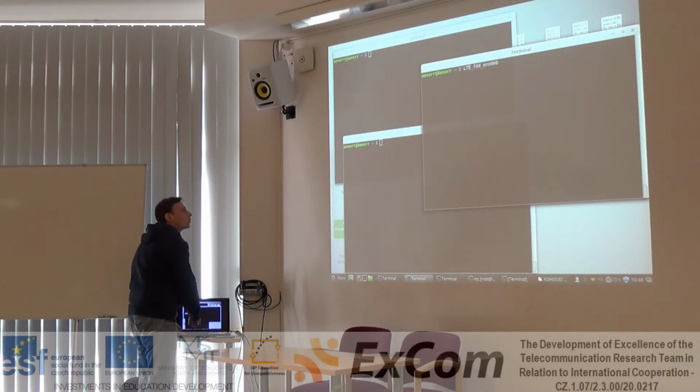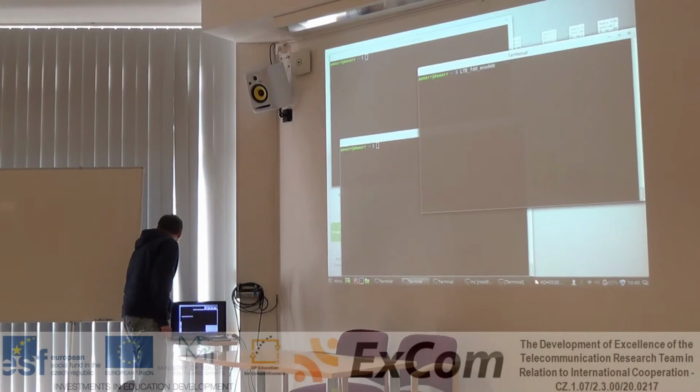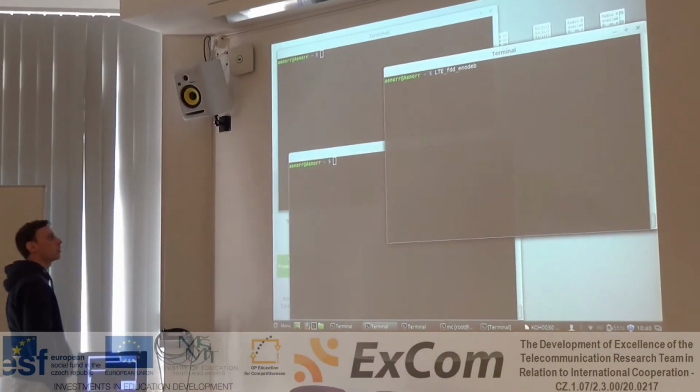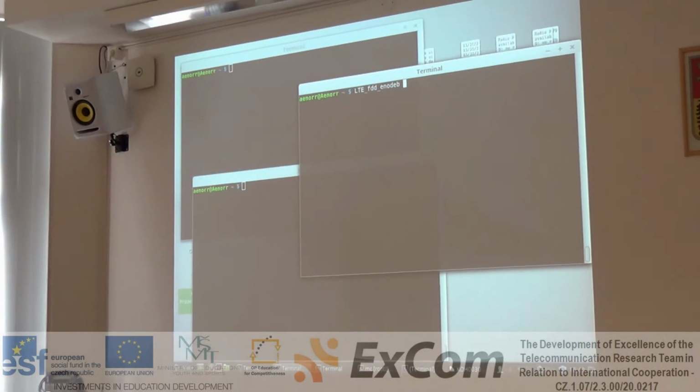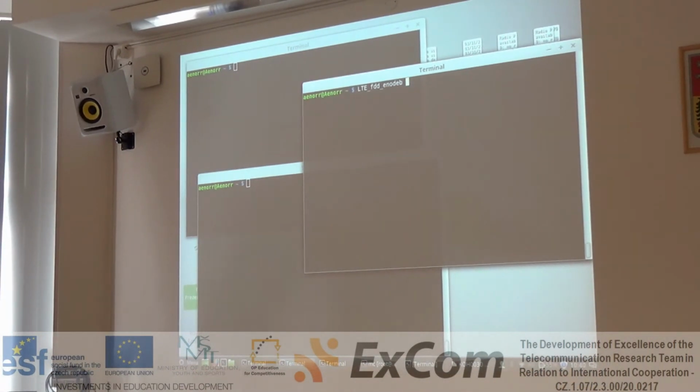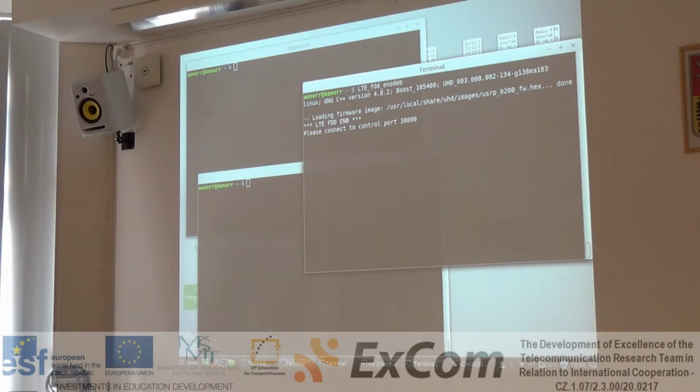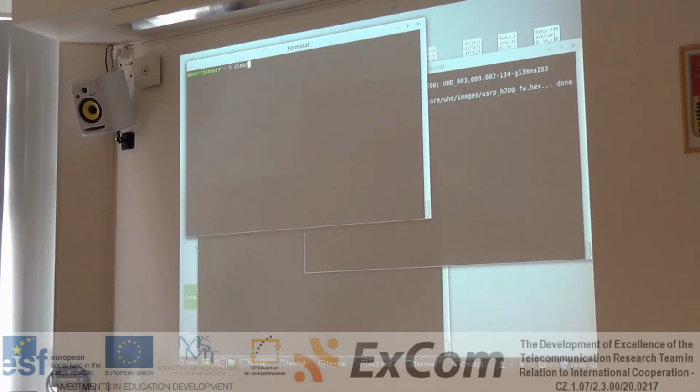So first we need to execute LTE FDD eNodeB. That's the standard command for starting up the eNodeB on the USRP. Now we can see the firmware image is loading up. And now we can connect to the control port through telnet. So I will connect to telnet on the port, and we can now operate with OpenLTE. If we type help,